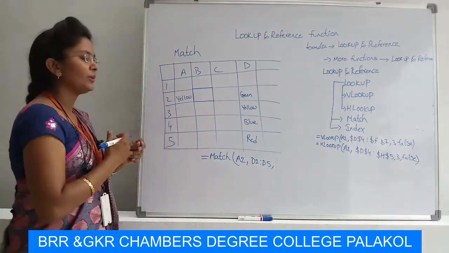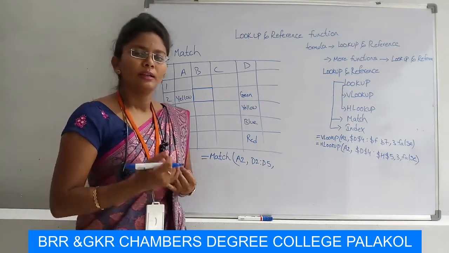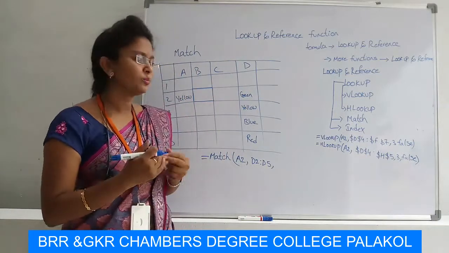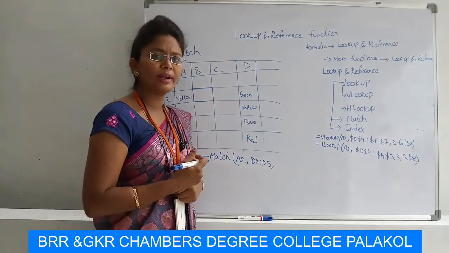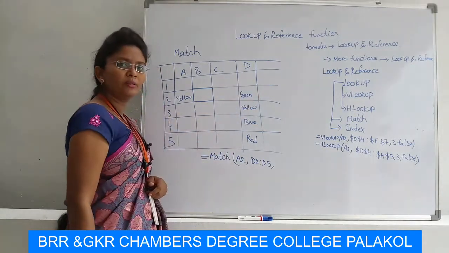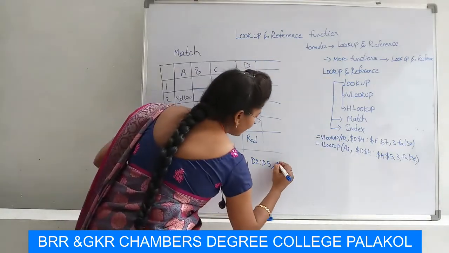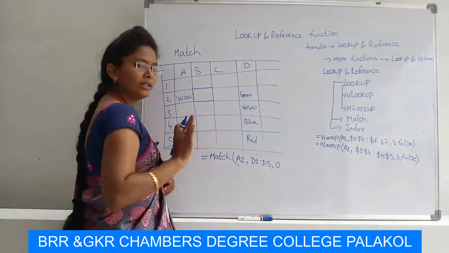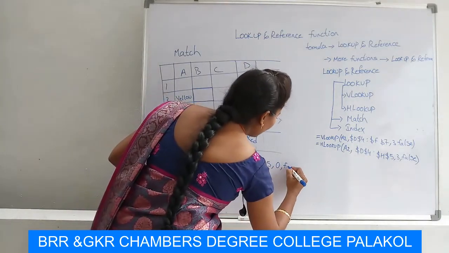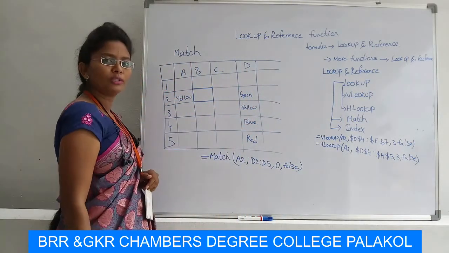That means in the previous section you can notice that ID number, ID, name, brand and product names appeared in the Excel sheet, in the VLOOKUP and HLOOKUP sections. But here I didn't mention any name. I am just taking it as 0 over here, because I just entered the names. That's why I am taking the 0 here. And for the false statement, that means it returns the exact match, I am taking the false statement here.